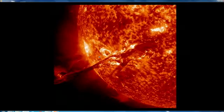So those happen all the time on the sun, but they're not always directed at Earth. This one was, at least as a glancing blow, and it came to the Earth, and our radiation belts exploded with things that were happening. And so now I'm going to turn this over to Dan Baker and let him tell you about this remarkable